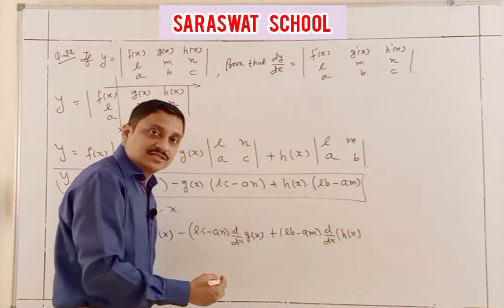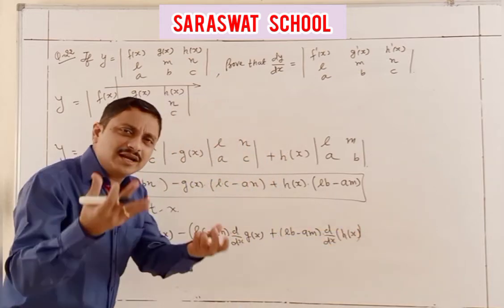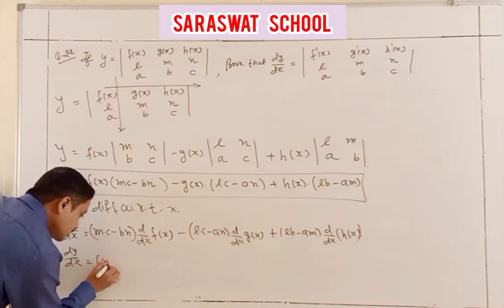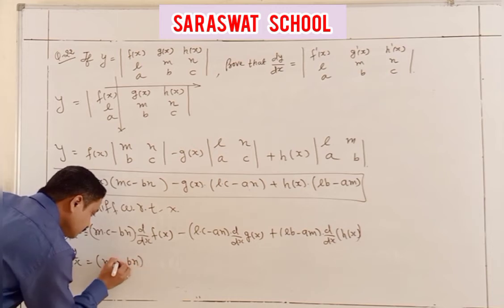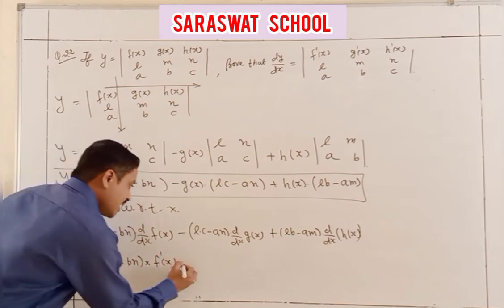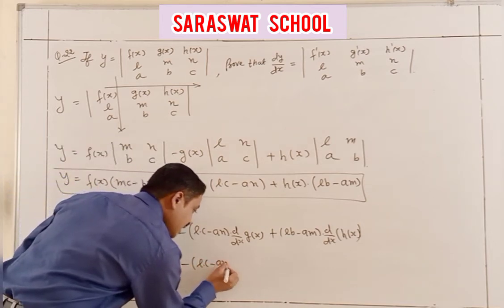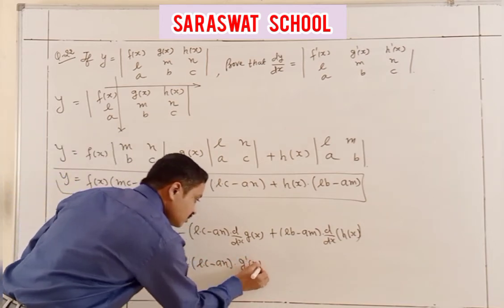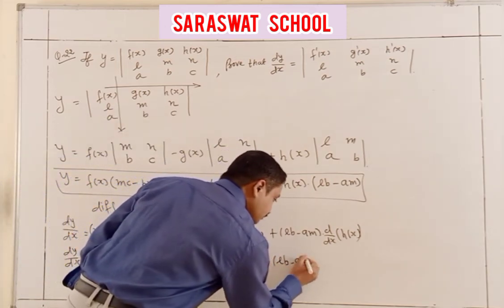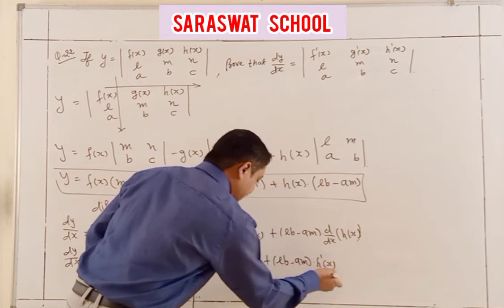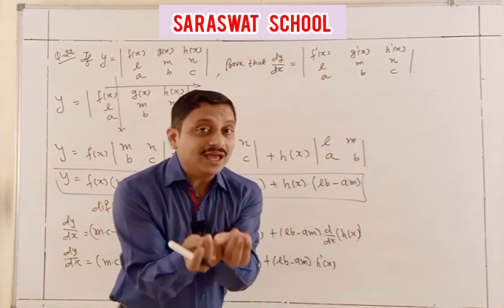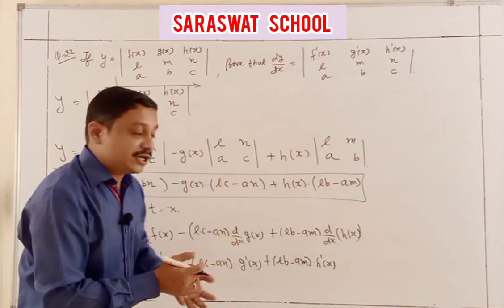And here students, our derivative is easily done, because dy by dx is M C minus B N f dash x, same L C minus A M g dash x and L B minus A M h dash x, and that is nothing